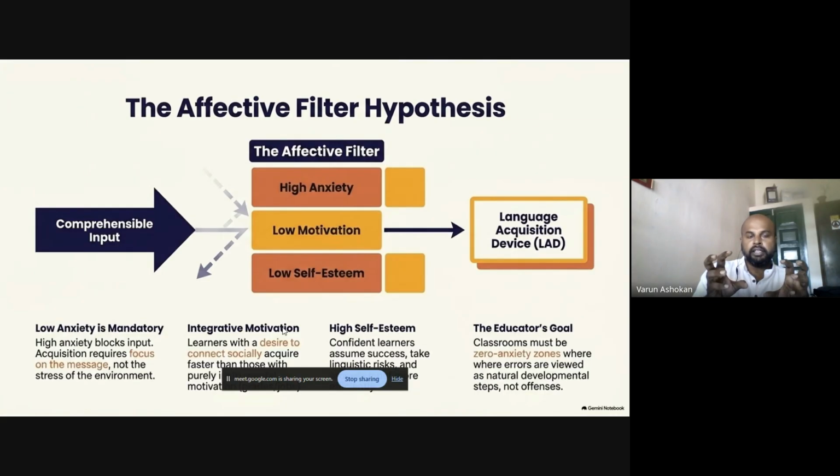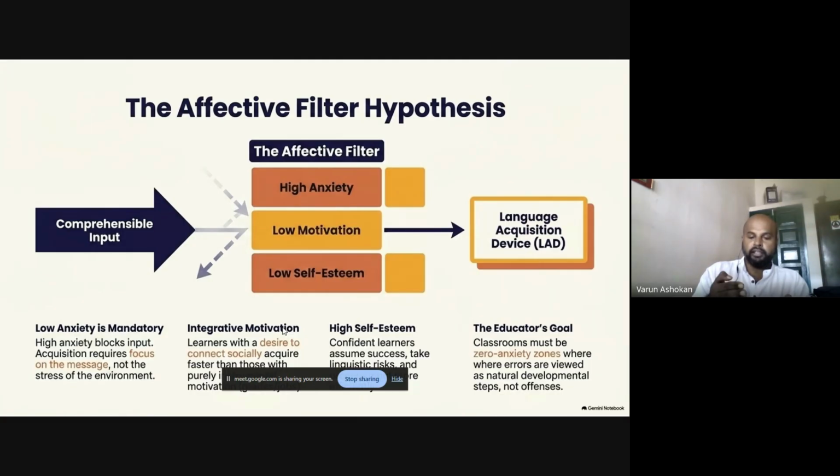So Stephen Krashen says that you don't give up the input. You always give up the input. Naturally, acquisition happens, and there may be a time when the affective domain will trigger. Then the child starts speaking the other language. As mostly we are educators, we all know that learning happens through three domains: